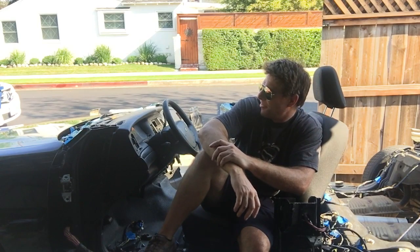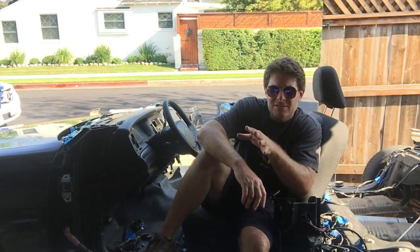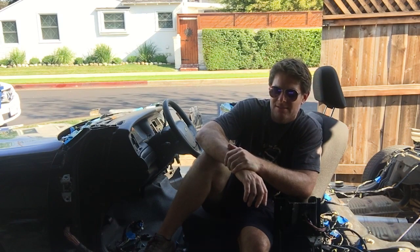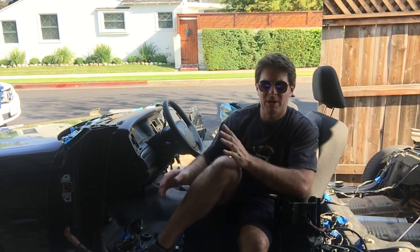Okay, so we've got to this point of breaking the car down. Now, there hasn't been an exact plan formulated for this build yet, which is why I'm going to leave it like this. I'm not going to thin any of the wiring or anything like that. The car's mobile, the car's running,